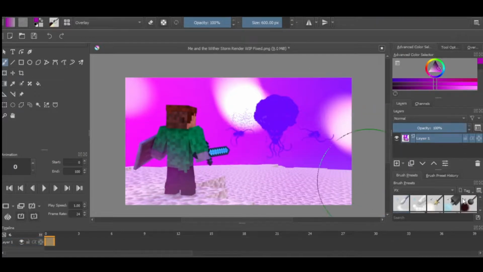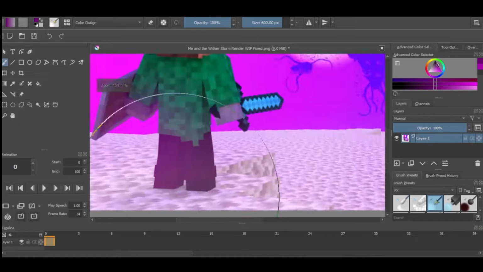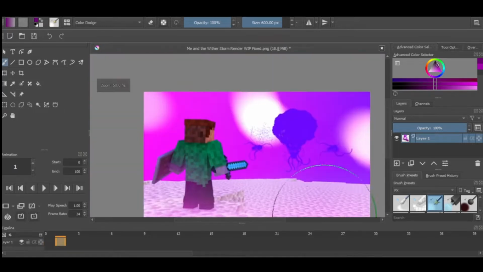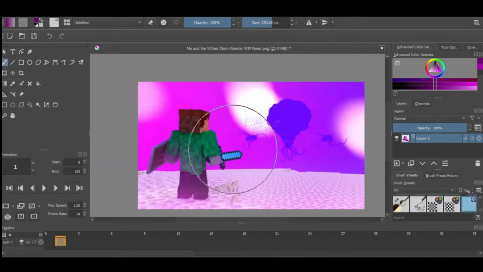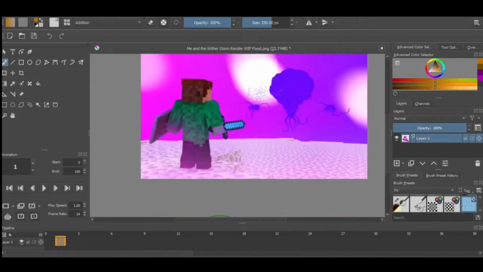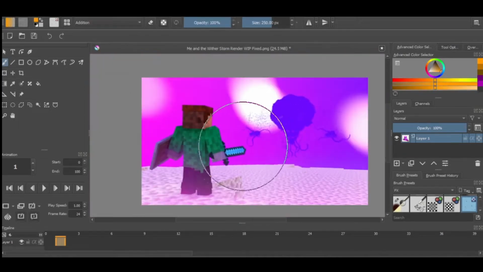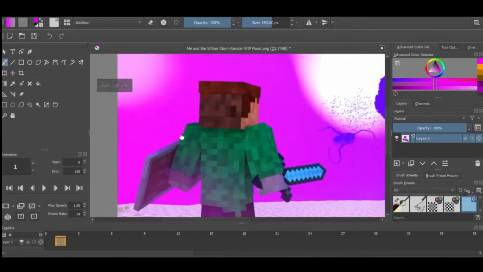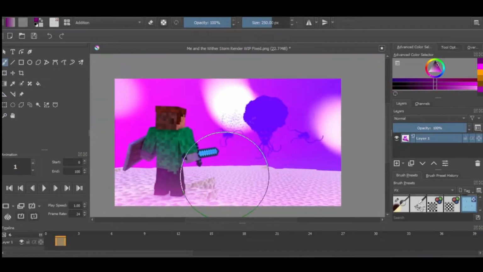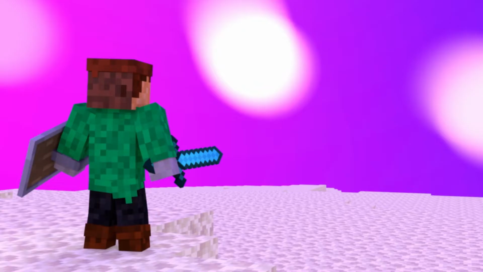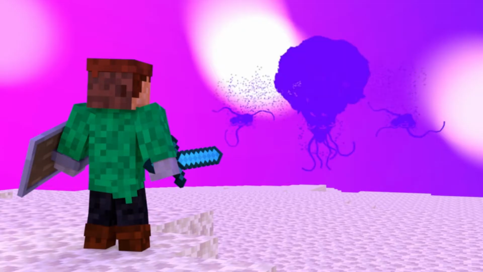Anyway, so then I kind of just took it and put it on Krita. Now, why Krita, you may ask? Because I know how to use that website, and I only started using Photoshop like a month ago. Krita I've been using for 2 years, so I know how to do slightly more things. And by slightly more things, I mean use the FX brushes, which just do all the work for me. So basically, I added some fog, I added some weird lighting stuff, then I added some more fog to cover up my mistakes, and then next thing you know, I have an image, and that's how I got to where I am now.